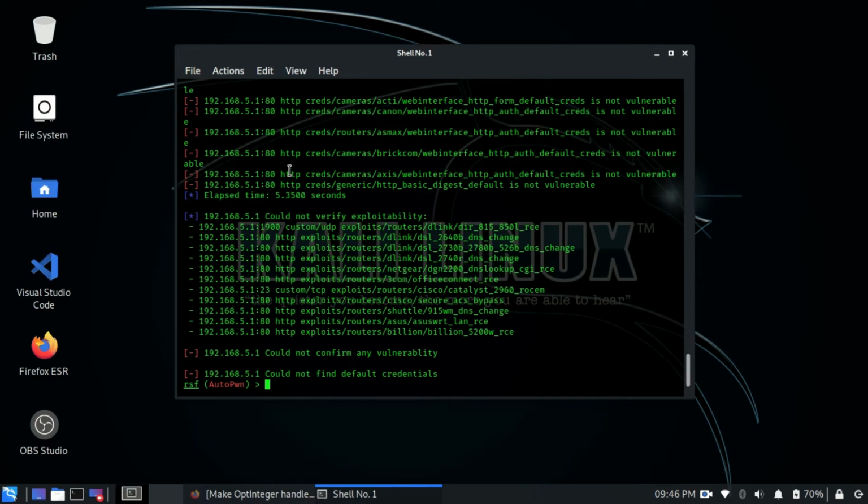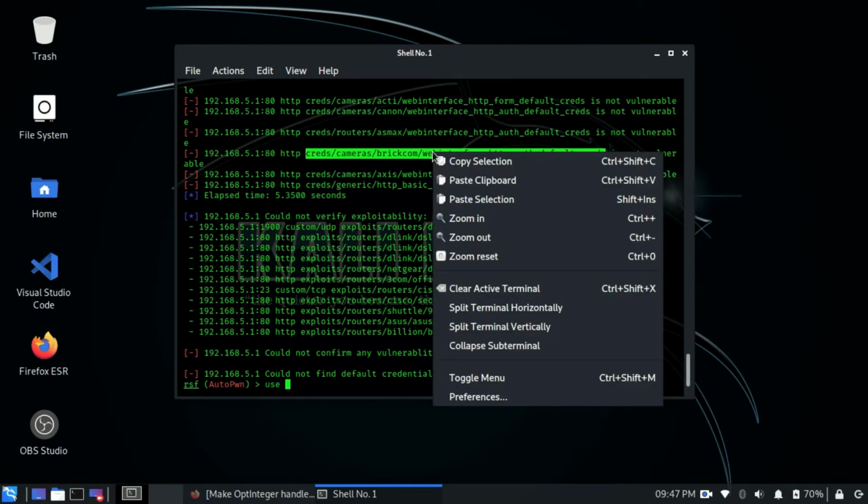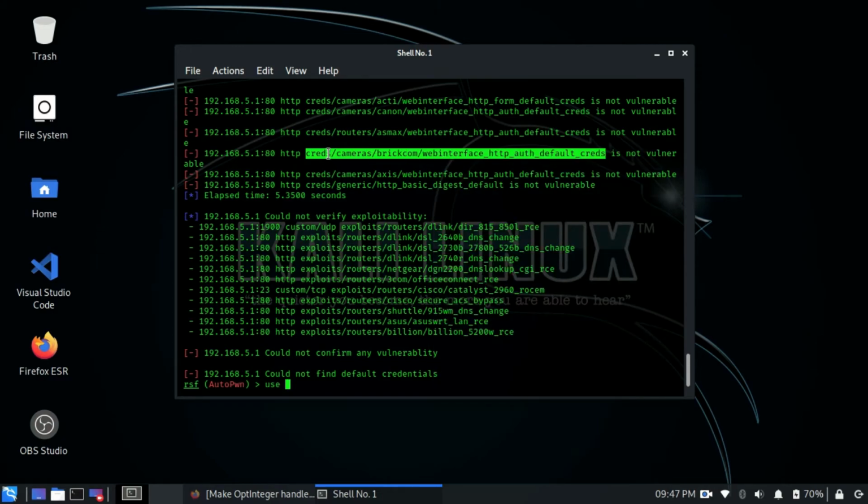First you need to type use and then give a space, and then copy this particular address that is separated by slashes. You need to copy the one which is vulnerable in your case. In my case, there is no vulnerability found, but for demonstration purposes, I am showing it. So you just copy it and then paste it here.